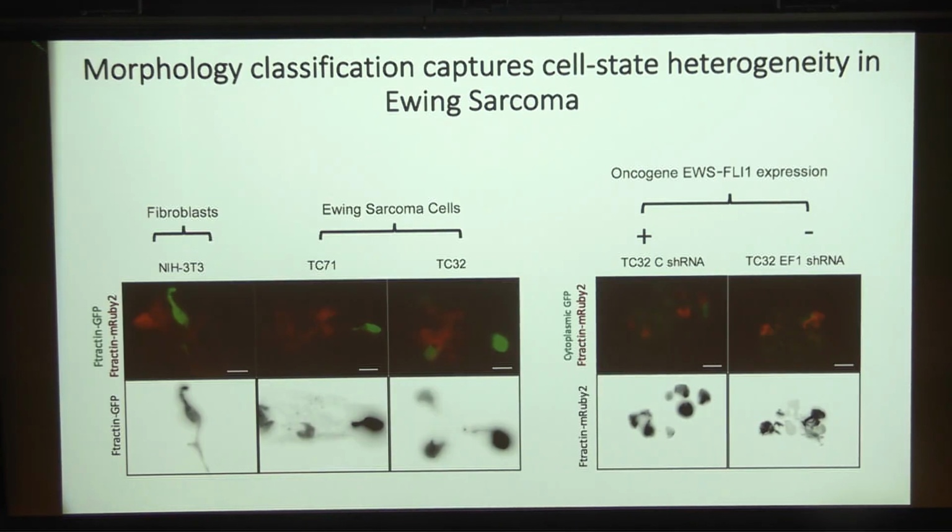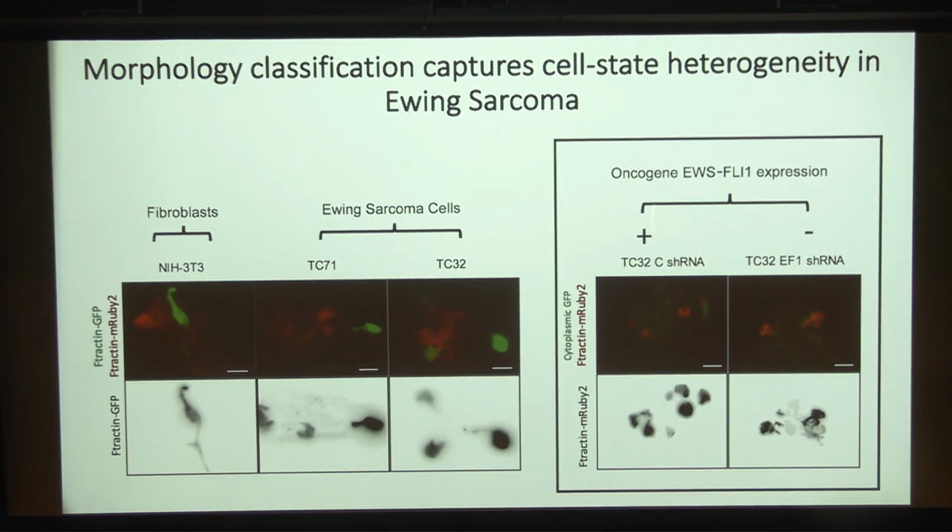So the experimental groups we chose to proceed with were specifically outlined here. So we're looking at these clusters of cells in the hindbrain of the zebrafish. So we have fibroblasts as a sort of non-transformed control, 2 Ewing sarcoma cell lines, and a matched pair of a Ewing sarcoma cell line, either with knockdown of the driving oncogene or a scrambled control. And for the rest of the talk, for clarity, I'm going to focus on this oncogene knockdown versus scrambled control